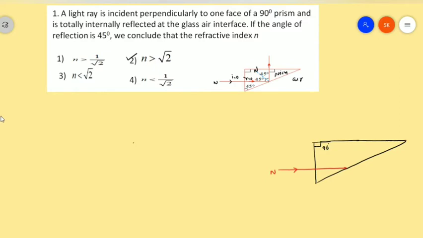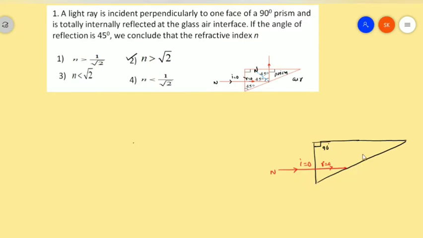You see the first surface. For this surface, this is the incident light ray and this is the normal. The angle of incidence is the angle between the incident light ray and the normal, which will become 0 here. The angle of refraction is also 0, so it will go straight. What about the second surface? At the second surface, what is the angle of incidence?